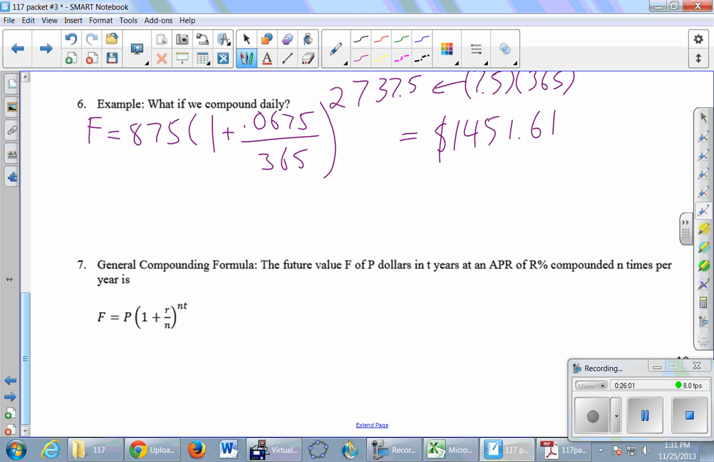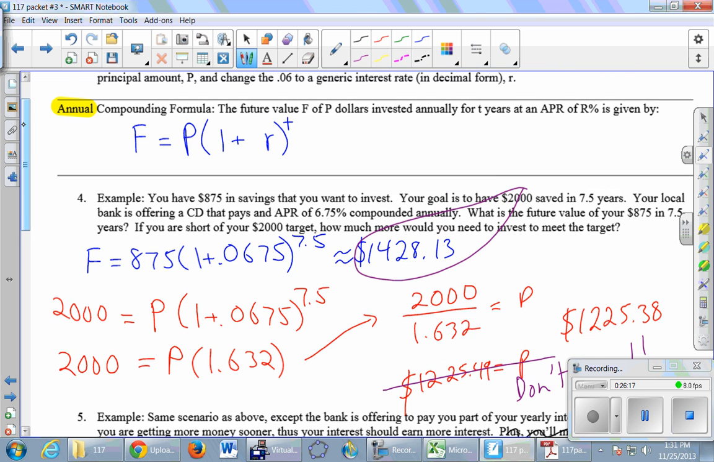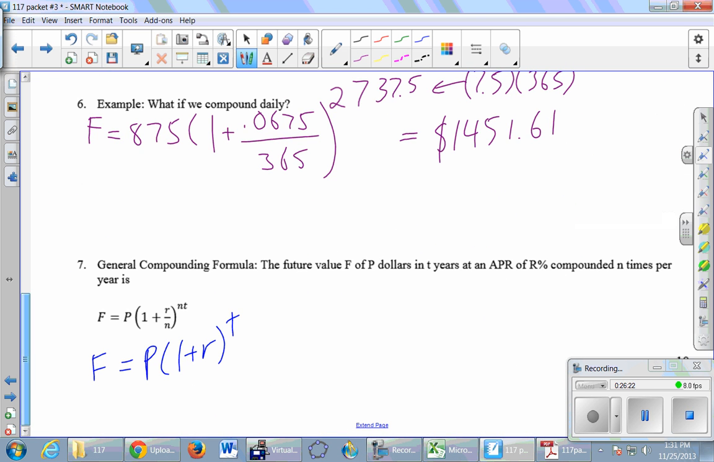Okay, that's the formula that we essentially figured out. I will compare it to the one from all the way at the top of this page. This was our annual compounding formula. Remember I highlighted the word annual? You can only use it if it's annual. But if it's monthly or daily, you can't use it. You got to use this guy. But all we did